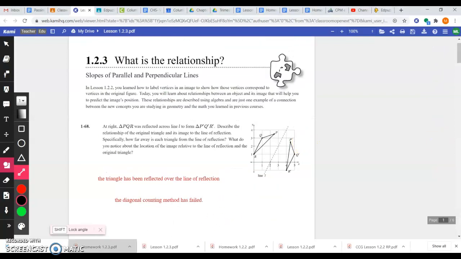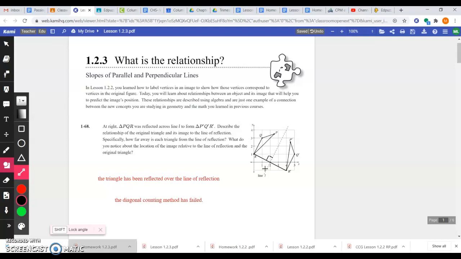If I drew a line from R to R, it creates a perpendicular relationship between the line of reflection and the line that connects those 2 points. And that relationship exists with every reflection. It's the reason that the